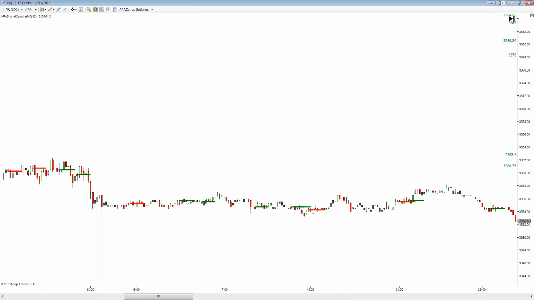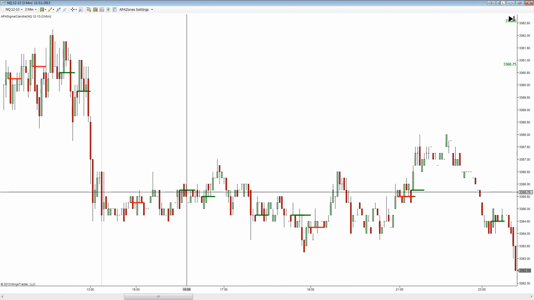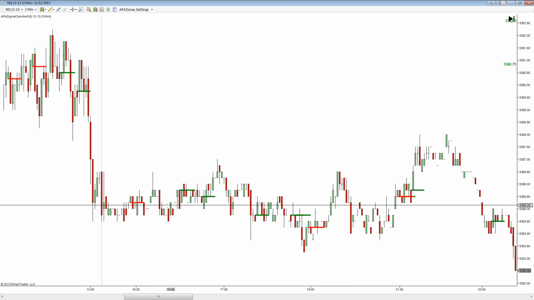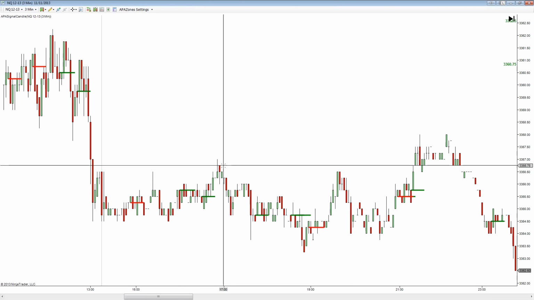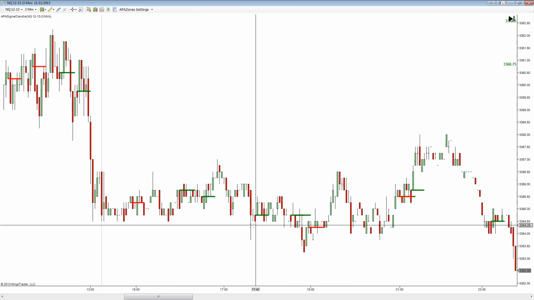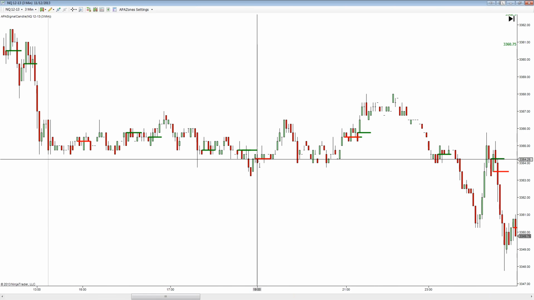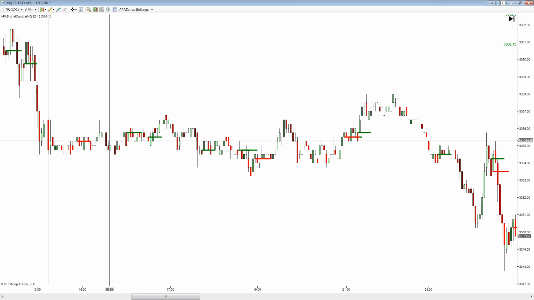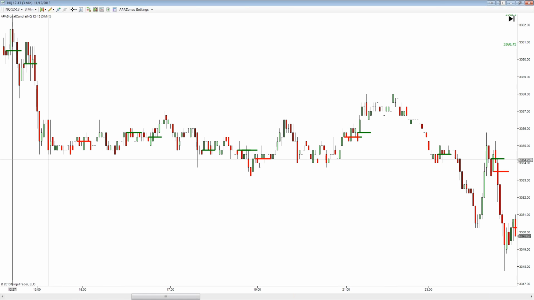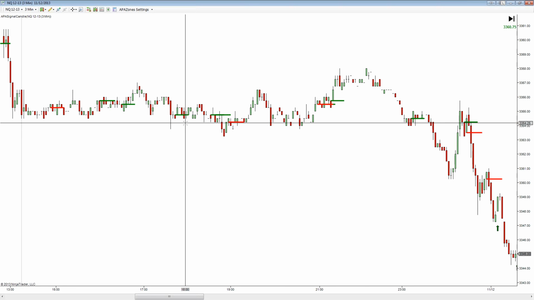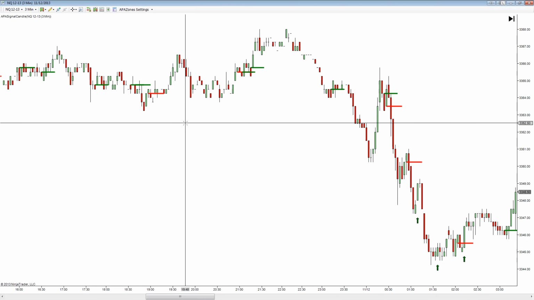So sometimes in the range, this is a real good example of what it does in a range market here. So let's look. Yeah, there's probably going to be other preliminary signals, if you will, but these are more the confirmed signals. So are they at the lows or are they at the highs? That's my question. I would say the short signals would really have failed quite well, and they didn't really lead to anything. This is Globex trading, so I wouldn't expect a whole lot from it, but